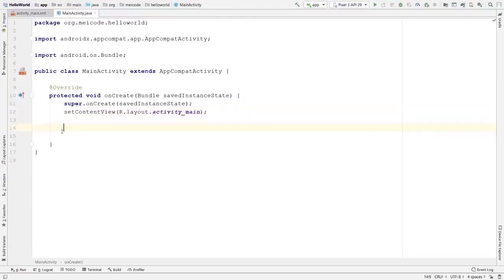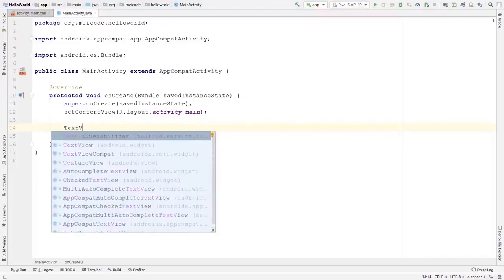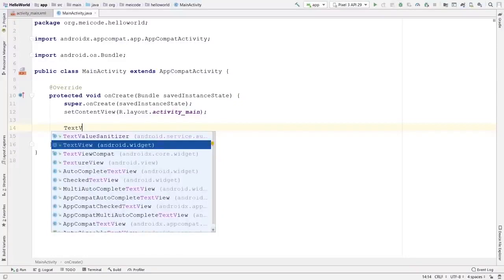After that, we can write the codes that we need. For example, in here, I'm going to access that text view that we have created in the previous video. For that, I can say text view. As you can see, when I type something, IntelliJ, the IDE behind the Android Studio, is suggesting me some options. There are a lot of options in here, but the one that I need is going to come from Android.widget